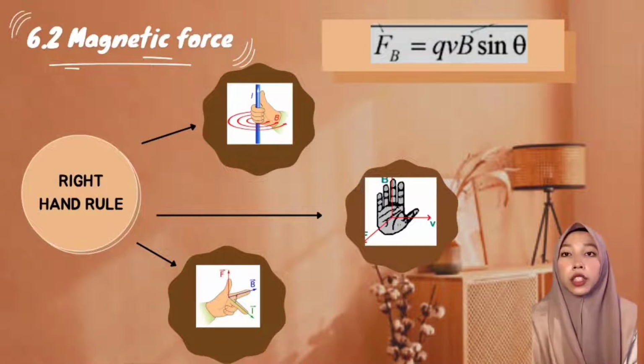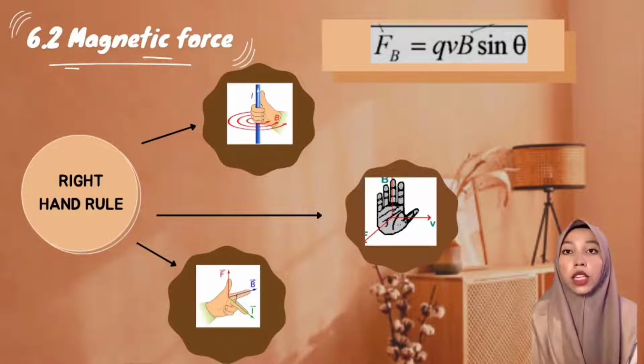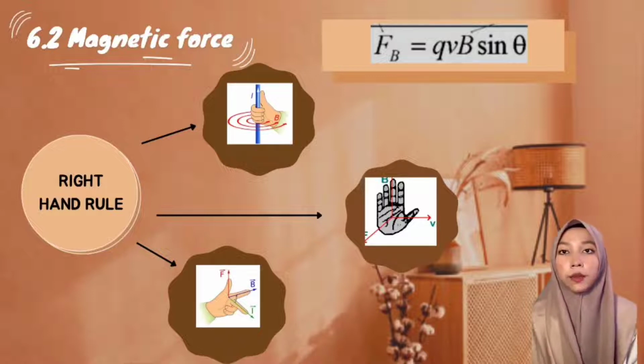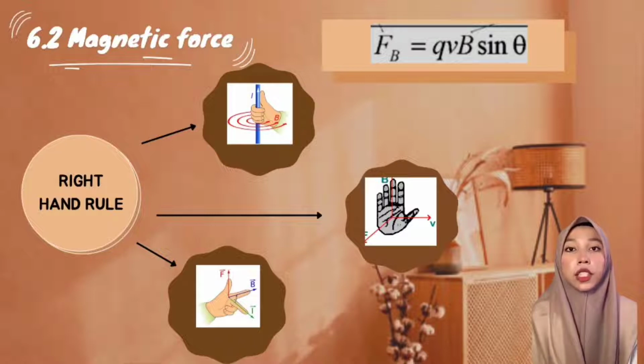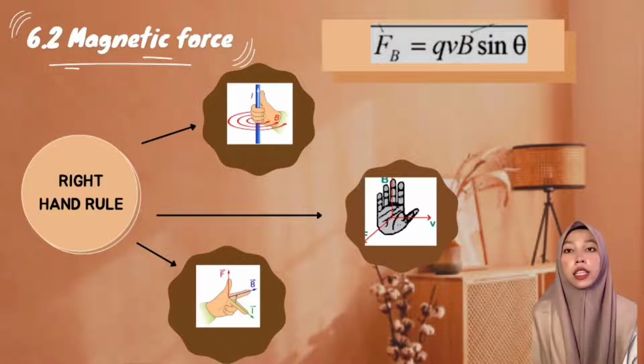To determine the direction of force, we will use three options of hand rule. For the first one, the thumb is F, this is I, and the other fingers are B. The second hand rule is an alternative to rule 1: point your fingers in the direction of B with v coming out of your thumb. The magnetic force on the positive particle is in the direction you would push with your palm. And lastly, the third hand rule, where the thumb is F, which is force, the index finger is current,